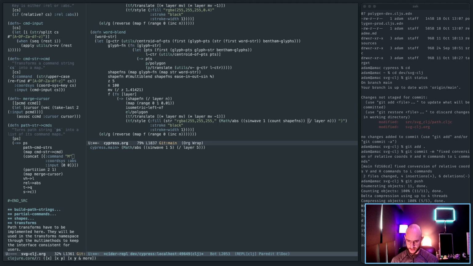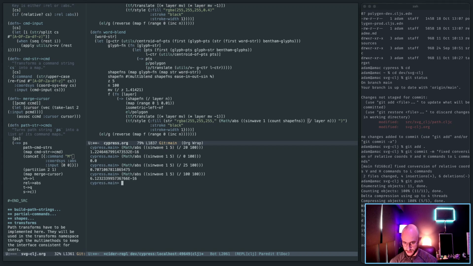But n in this case is like 100. Let's assume we're on layer 20, right? Okay, so it's a tiny, tiny number, but fine. Let's imagine we're at 0. Okay, good. Let's imagine we're at 25. Yeah, okay. Things kind of seem about right, except I may have inverted the logic, but nevertheless, we'll